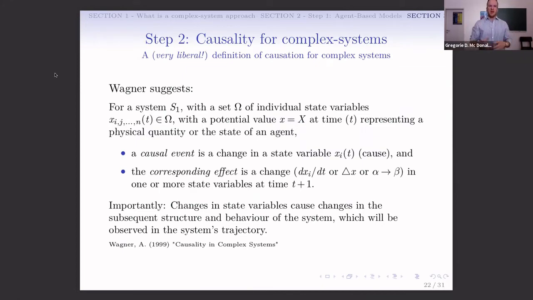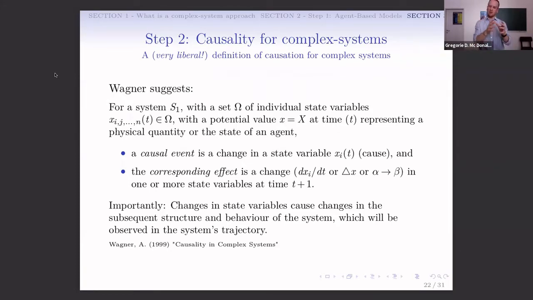So he suggests a definition of causation, which I contend is a little too liberal. I will explain afterwards why I think it is too liberal. But in any case, what he suggests is the following. For a given system S1 with a set omega of individual state variables, member of that set, omega with a potential value x at time t, representing either a physical quantity or the state of an agent, Wagner suggests that we can define a causal event as a change in a state variable